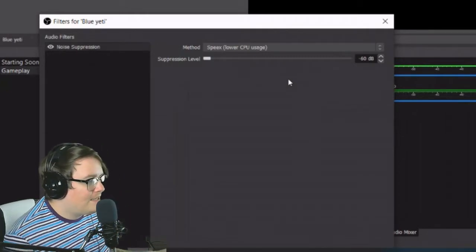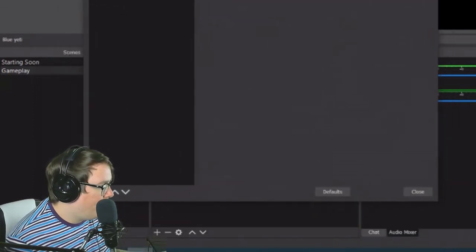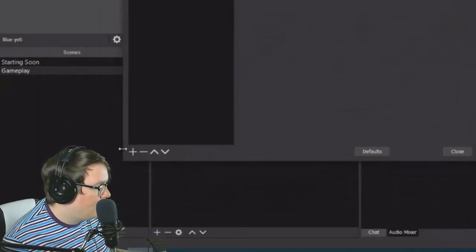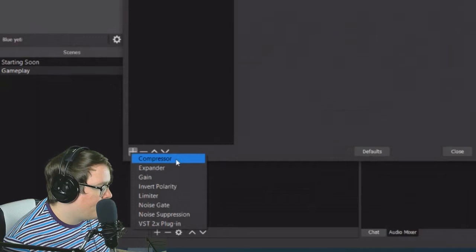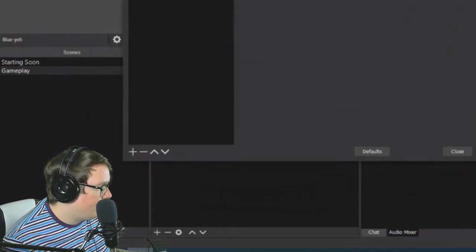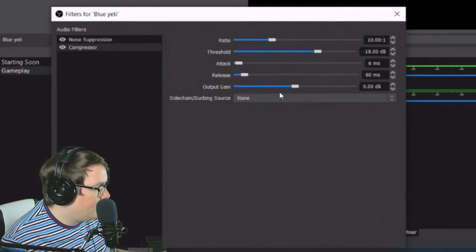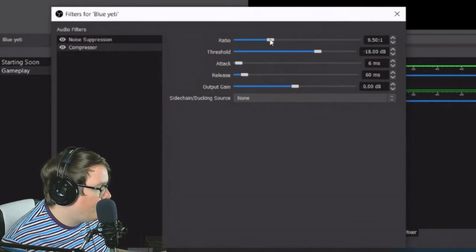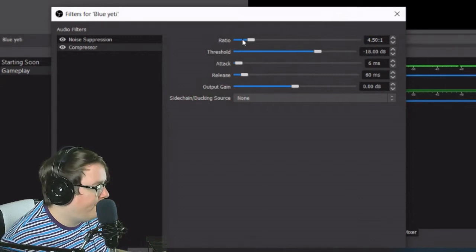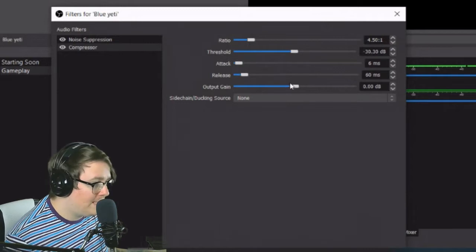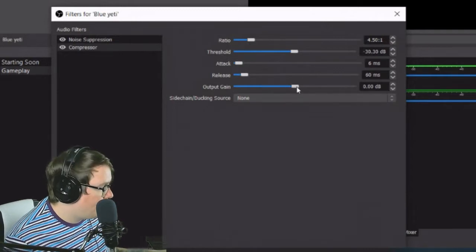The next thing I do, I like to add myself a compression, which is right here. Add the compression. It's at the top. This one's a little tricky because you kind of have to hear yourself. But there's a cool way to do this, and it's super easy. You go down to 4. You can go to 350 to 550, and it'll be okay. You want to turn your threshold down to about 30. To your output gain at the very bottom right here, we're going to just go